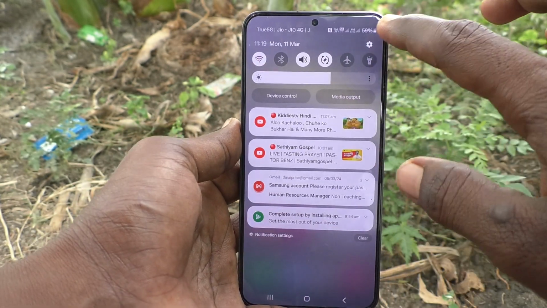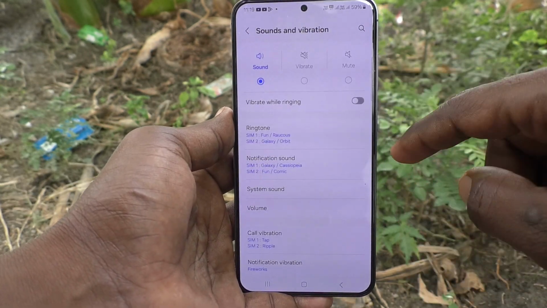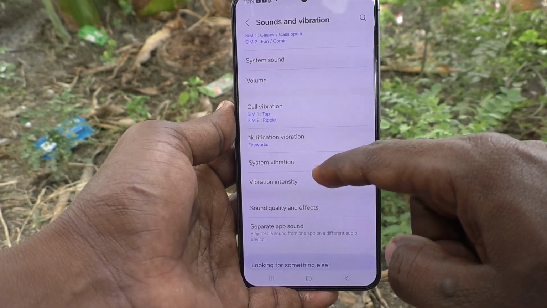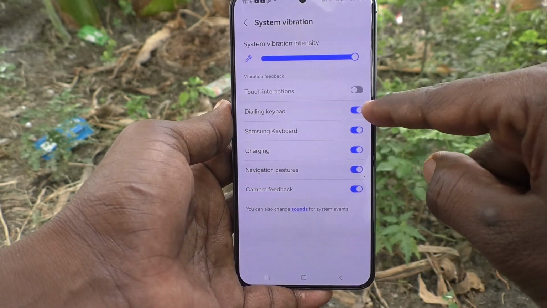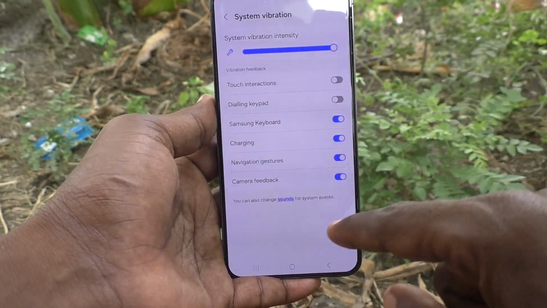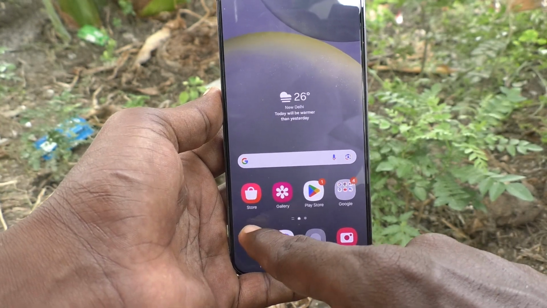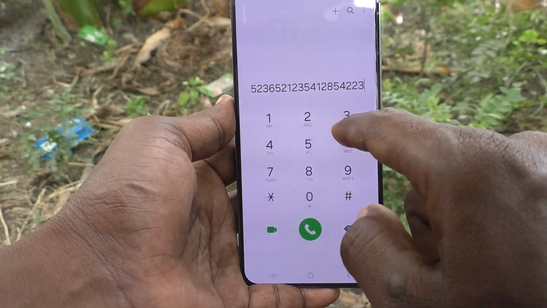What you got to do is go to the settings of your phone here, then go to sounds and vibration, and here select system vibration, and here select tiling keyboard. Just turn off this button, so that now hereafter tiling keyboard vibration will not occur when you type from the